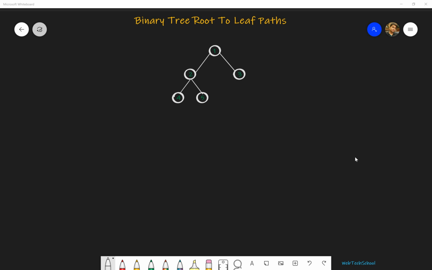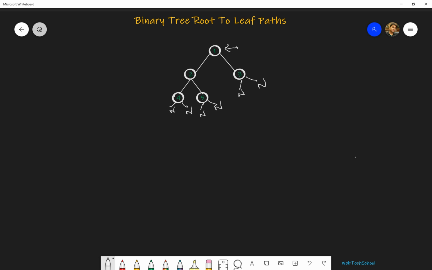In today's lesson, we're going to talk about, given a binary tree, how we can print all its root to leaf paths. Considering the given example, the 1 is our root node. So what is a leaf node? Leaf nodes are all the nodes in which both the left child and the right child are null. So in this example, the leaf nodes are 4, 5 and 3.